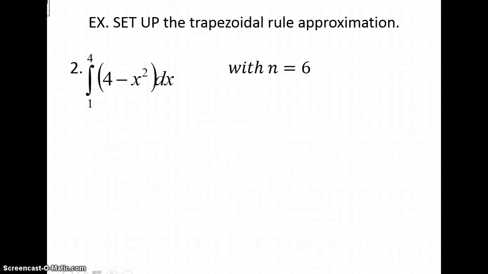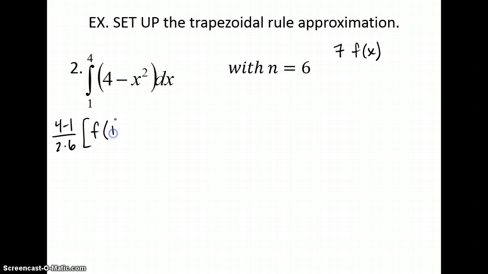All right, we're going to set this one up only because the function values get a little intimidating. We're using 6 trapezoids, so that tells me I better have 7 function values. B minus a all over 2 times n. I always start at my a value, and then I double each function value until I get to b. So b minus a over n, I get 3 over 6, which is a 1/2. So the width of each interval will be a 1/2. And that's how I determine the next x value that I would plug into my